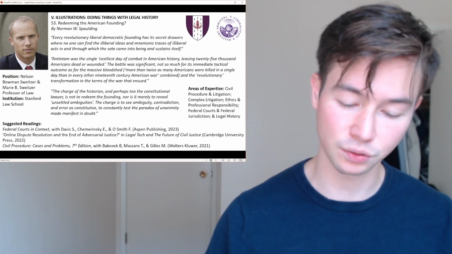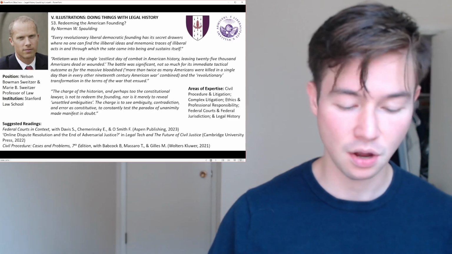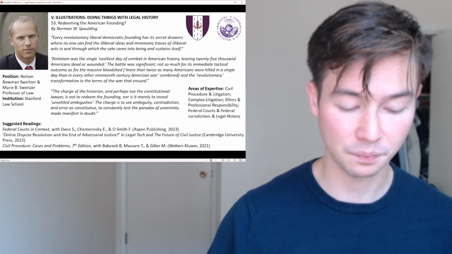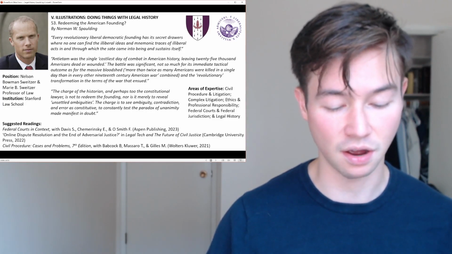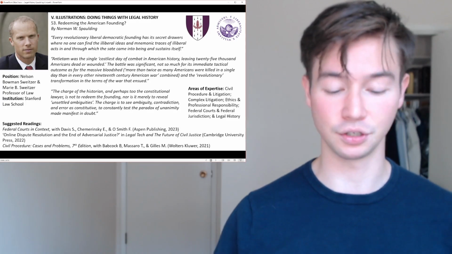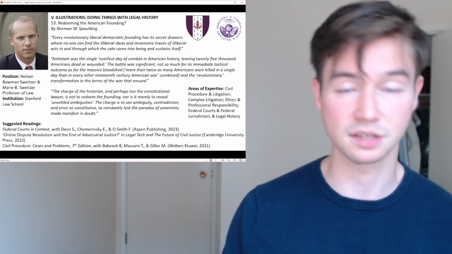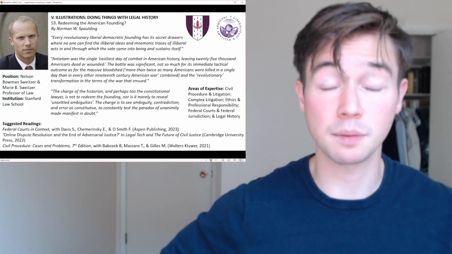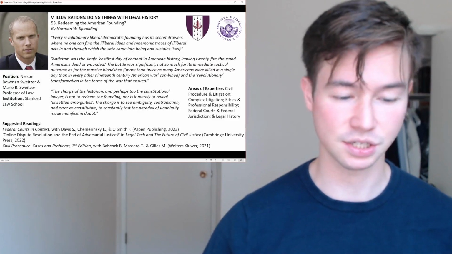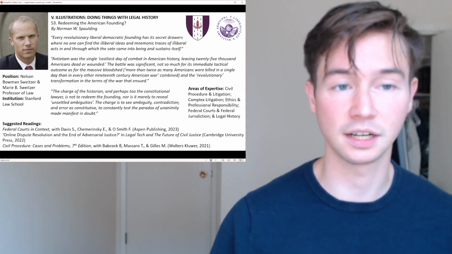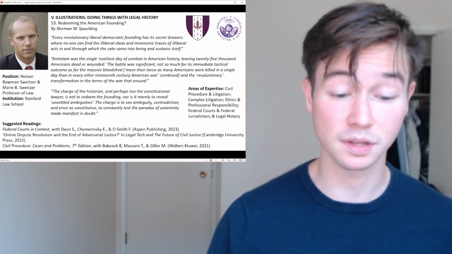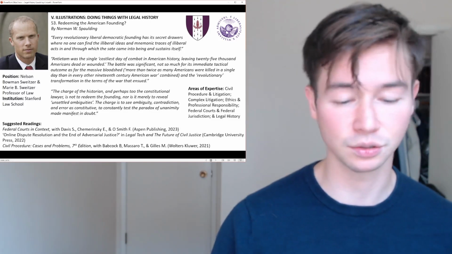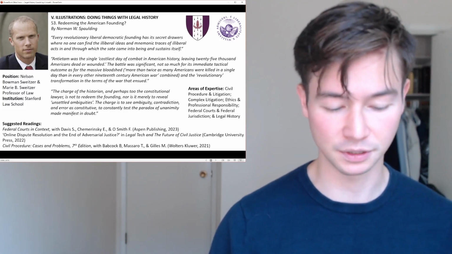And a third article, Is Human Judgment Necessary? Artificial Intelligence, Algorithmic Governance, and the Law, published in the Oxford Handbook of Ethics of AI by Oxford University Press in 2020. So another affiliation with the Oxford Handbooks. His chapter in the Oxford Handbook of Legal History is in Part 5, titled Illustrations: Doing Things with Legal History. It is chapter 53 of the textbook, and it is titled Redeeming the American Founding.